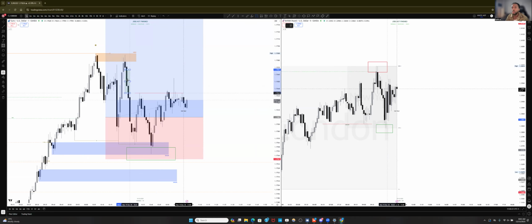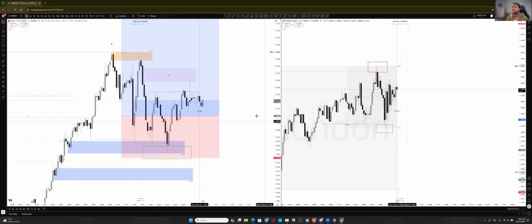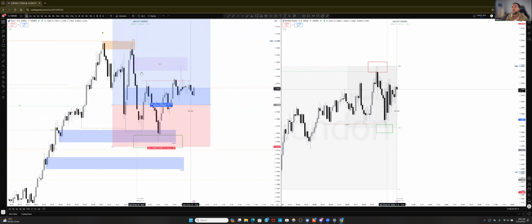This imbalance here is what price is pushing off of to continue the bearish pressure coming from this two-leg mitigation. This was the mitigation of the two-leg. Price came back, swept above this zone, mitigated the imbalance, and hasn't broken underneath this low yet, but I believe that's definitely possible.